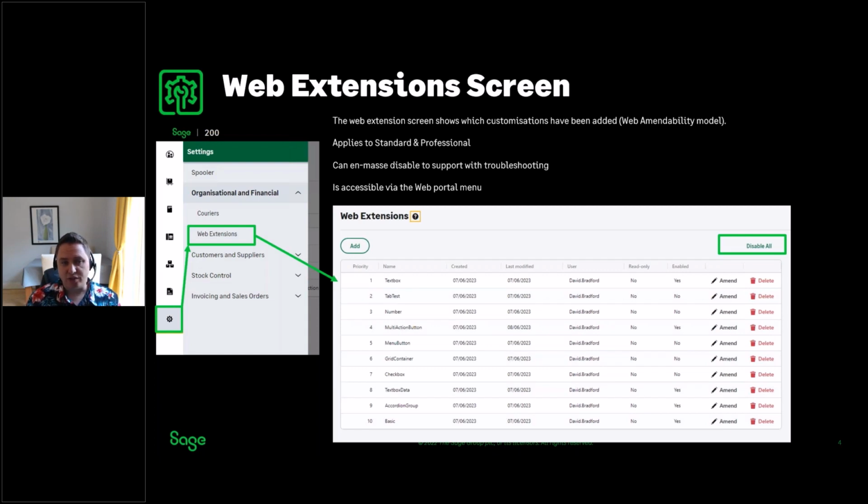Say you've got an issue, maybe you're thinking about calling support about it, but you're not sure if it's due to something gone wrong in the web portal, the core functionality of that, or whether it's due to a customization. The obvious thing to do at that point is to disable every extension and see whether we still have the problem or not. If that resolves it, you know it's something specific to a given extension, and you can slowly turn them back on until the problem reappears,